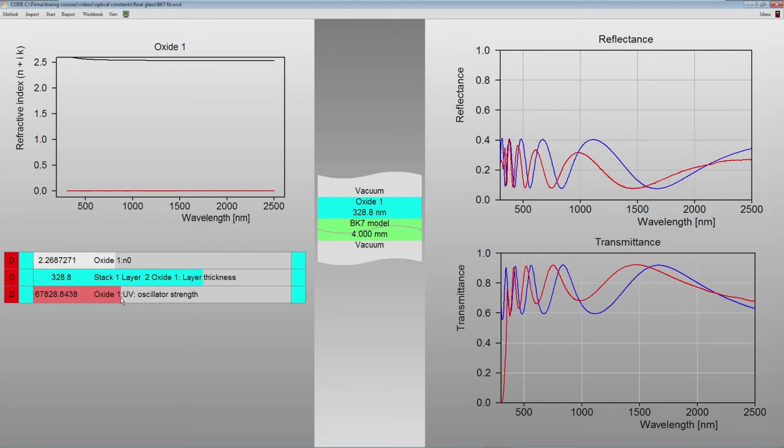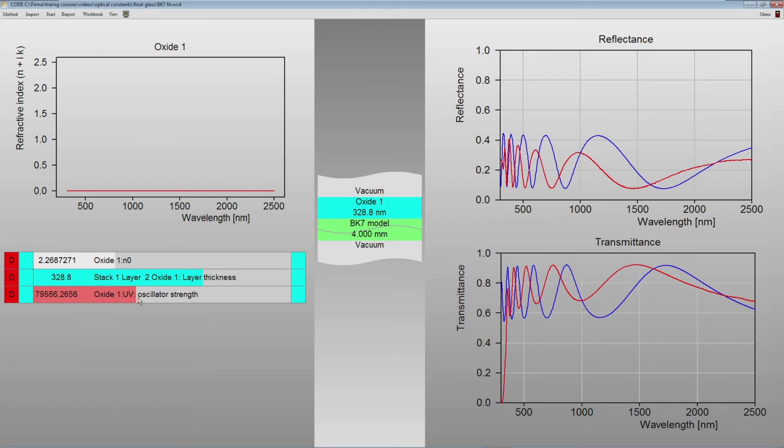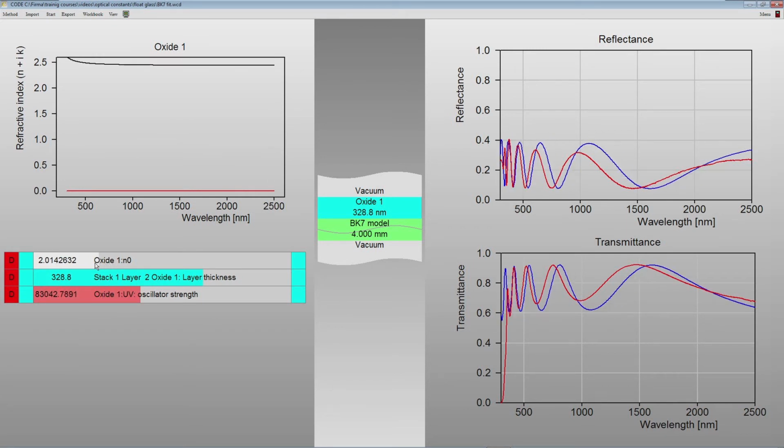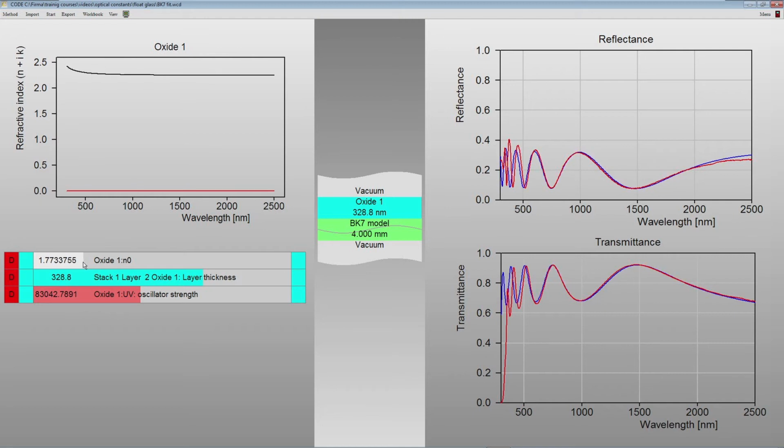So we can now see what happens if we change this value. We can also make the constant here smaller then. And actually what we can do now, we can just press start and see what the code gives us automatically with the automatic adaptation of the model. We can be a little bit better now between the infrared and the ultraviolet,